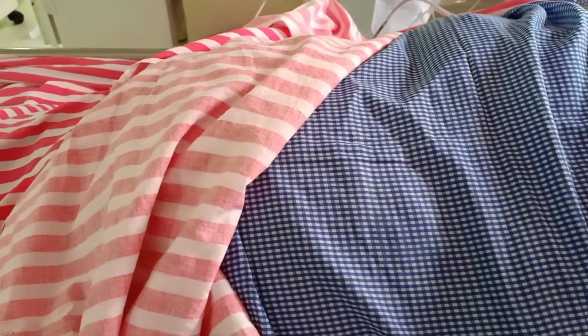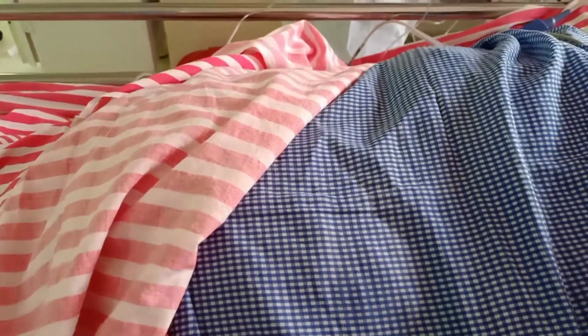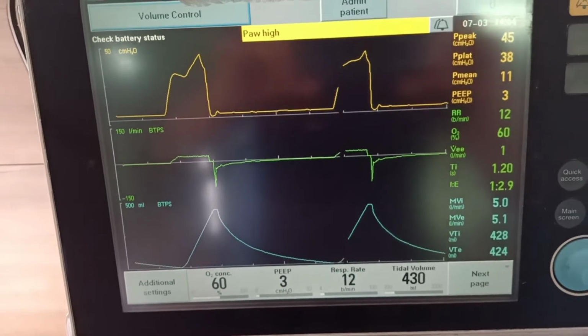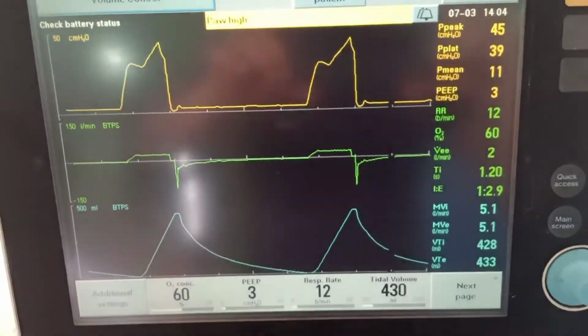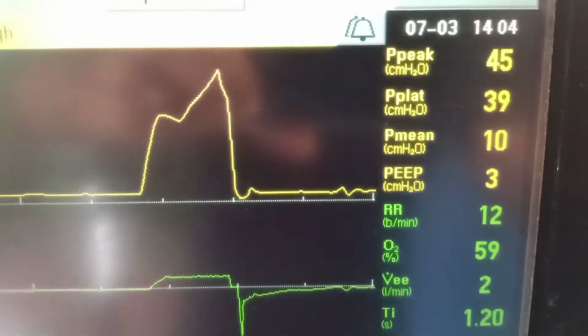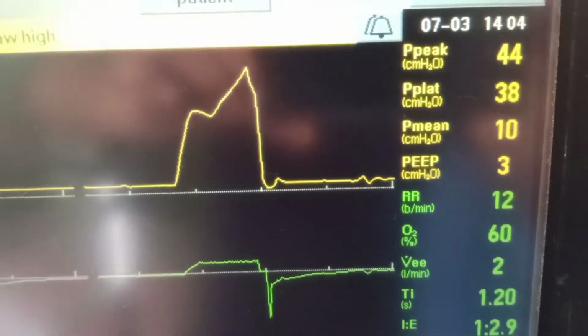Here we see a patient with underlying obstructive airway disease who has just been intubated, and you can appreciate the movements of the abdomen. These are possibly efforts at breathing which she is making, but when we look at the ventilator, none of them is resulting in any trigger. So we have a set respiratory rate of 12, and the respiratory rate delivered by the ventilator is also 12,